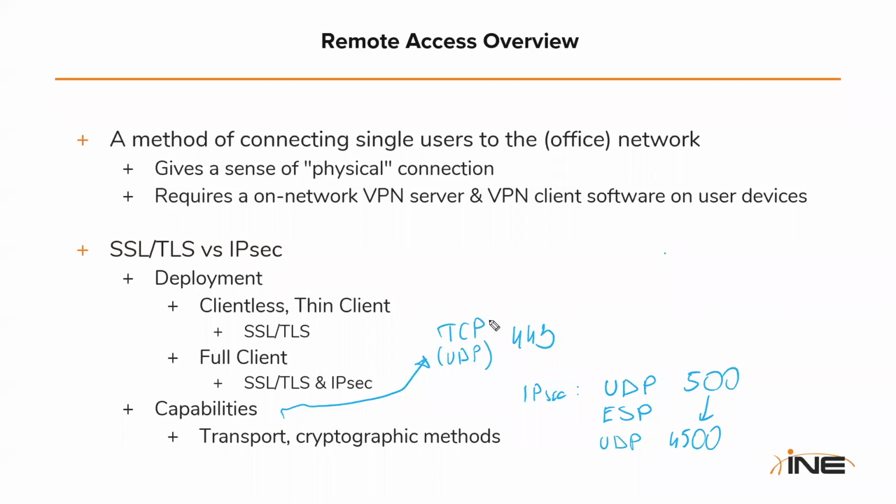Now, since TCP 443 is typically open on the different types of filtering appliances you may use in your network, it's also a more NAT-friendly solution. This is something that people commonly select over IPsec. The other thing you should look at is the cryptographic functions actually supported by SSL